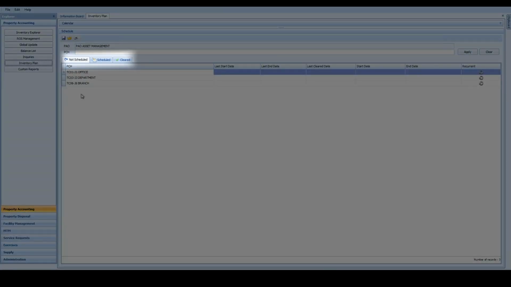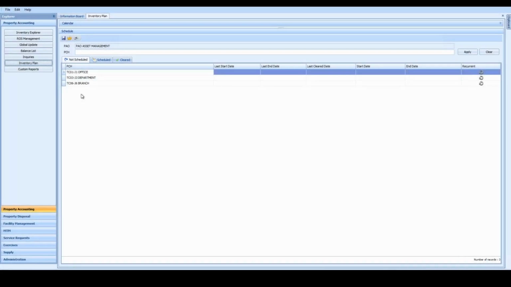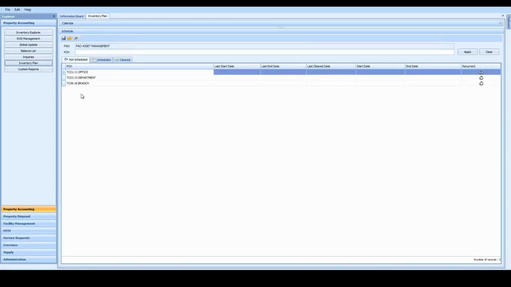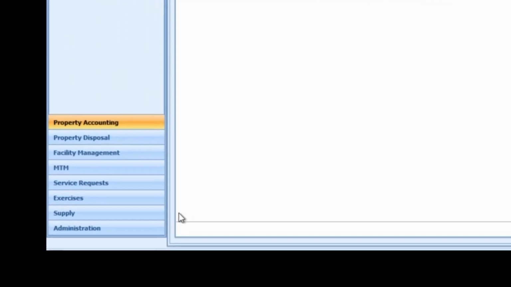But before we continue, I would like to show you how to create a special status. During the inventory planning, the not scheduled, scheduled and cleared, you can record special statuses for that inventory. For that we have to go to administration,